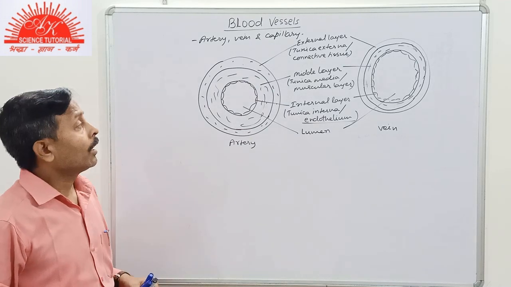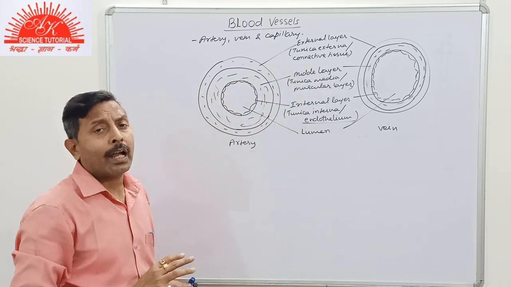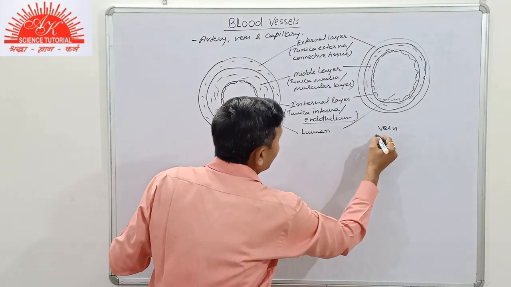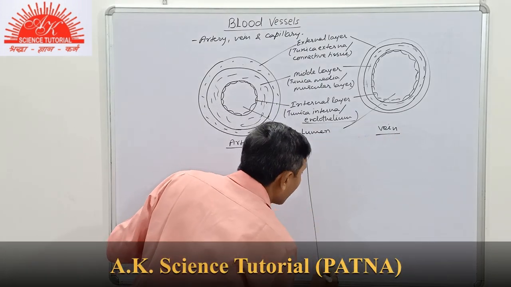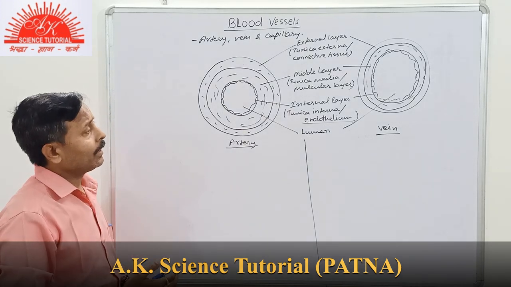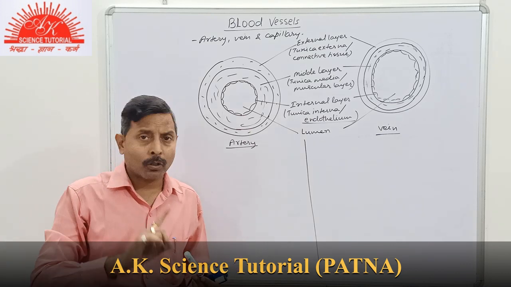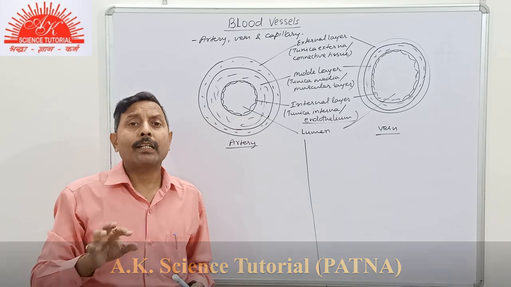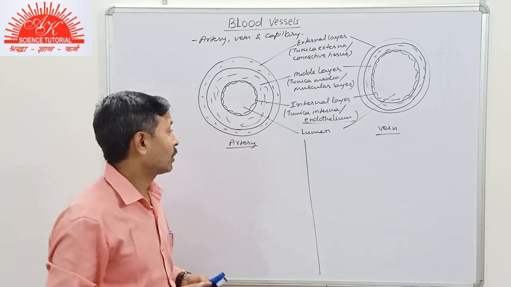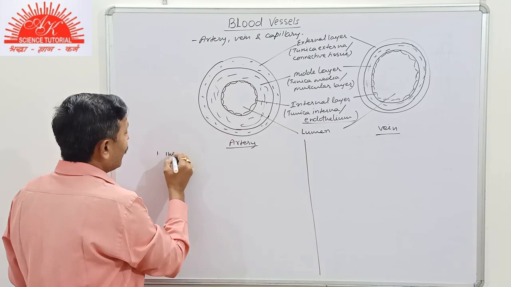Now, students, a question is directly asked by giving the diagram, and you will have to label it and answer the related question. Now we can differentiate between artery and vein. In ICSE, the question is not asked directly as write the difference between, but it is given for 1 mark, and in the bracket it will be given what the basis of your answer is, which term should be used. So first of all, according to definition, artery is the blood vessel